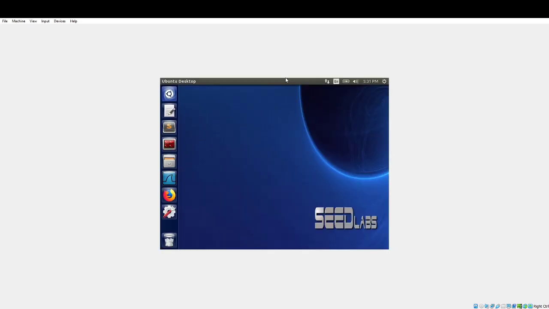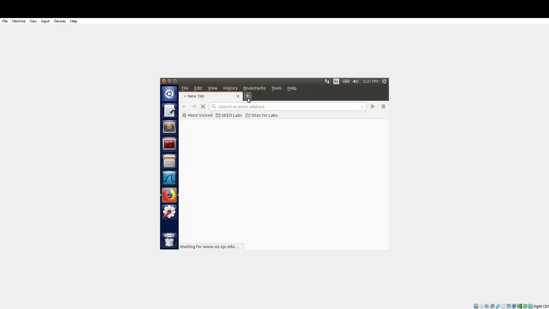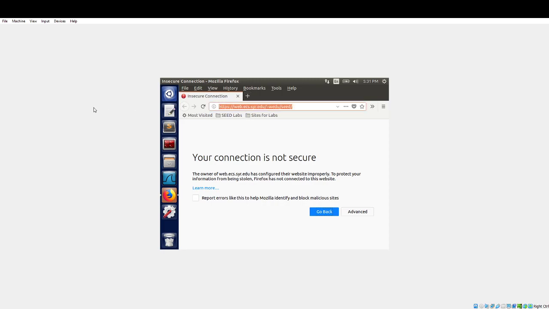Now that we're in our seedlabs virtual machine, you can go ahead and open up Firefox and get rid of everything.